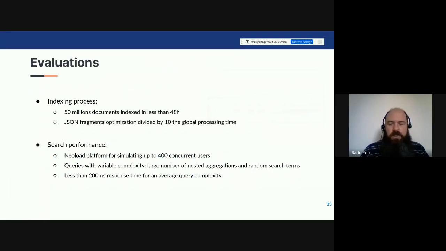Just to finish, a couple of words on the evaluation that we performed. We managed to index more than 50 million documents in less than 2 days. That proved to us that the JSON fragments optimization divided the global processing time by 10. We also performed some evaluation on the search response time using the NeoLoad platform.